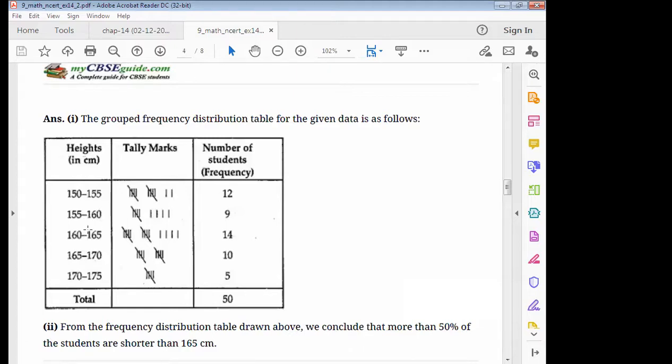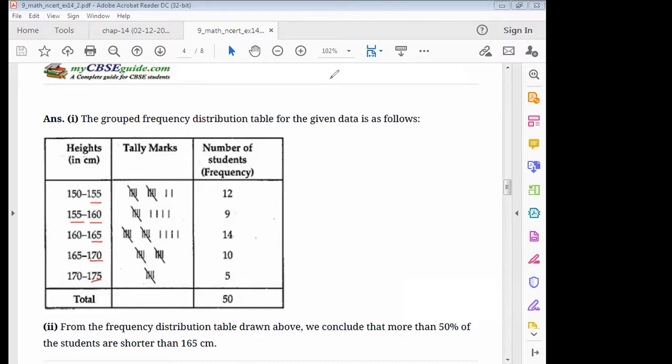And you can use tally marks also. So it is very easy to convert the data table. But what is important here, students? Counting is important. The data values which you count are very important. If you miss even one data value in counting, your whole table will be wrong. So please take care about this, because 155, 160, 165, 170 and 175 are not included in the respective class size. I repeat again, please take care, right? Because 155 is counted in the second class interval.